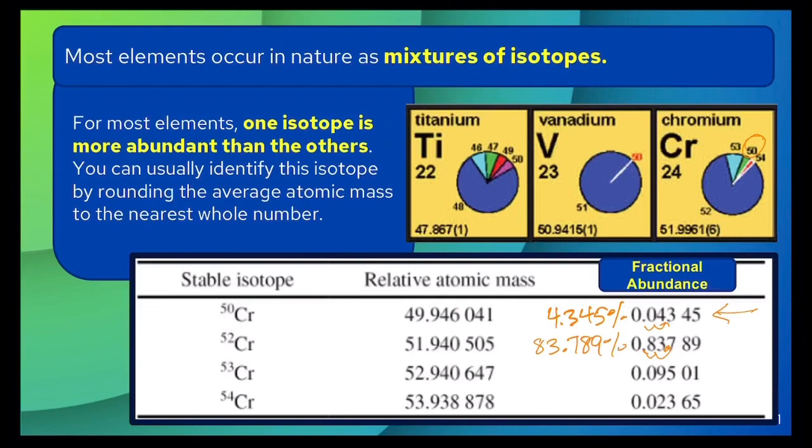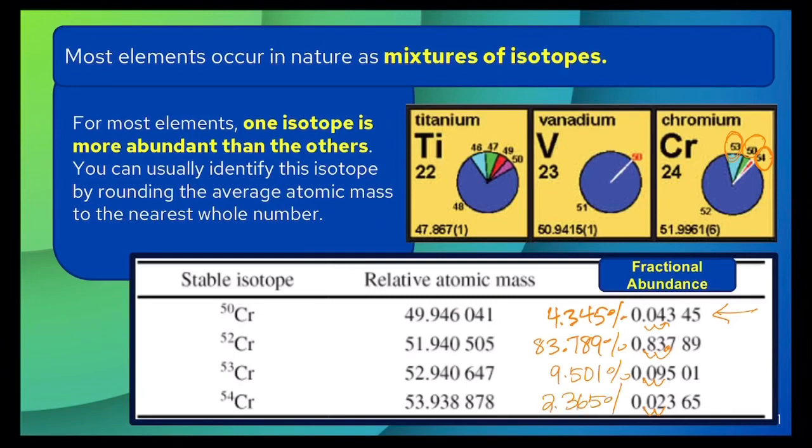That's its percent abundance. And then if we look at chromium 53, 53 is this light blue section here. So 53, if you multiply its fractional abundance by 100, you get 9.501%. And then finally, chromium 54 is this small red section there. So you can clearly see on the pie chart that it takes up the least amount of space on the pie chart, meaning it has the lowest relative abundance compared to the other isotopes. So multiply this one by 100 and you get